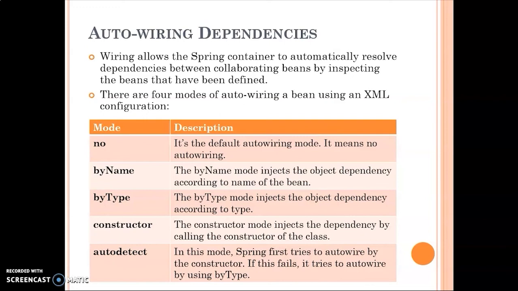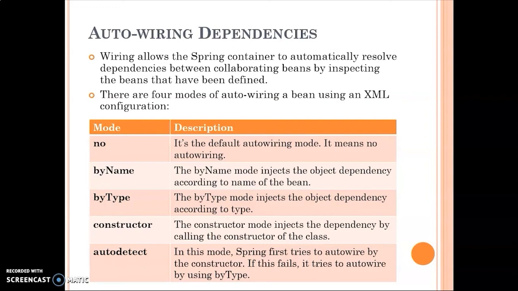Constructor is where the dependency is injected by calling the constructor of the class. So again that is one more approach via constructor. And the last one is autodetect, wherein we do not specify whether it is byType or by constructor. It will first try to autowire by constructor. If it fails via constructor, it will try to implement by type. So these are the various approaches: a no mode wherein there is no autowiring, byName, byType, constructor,